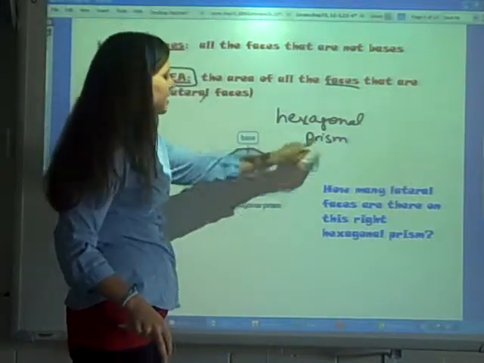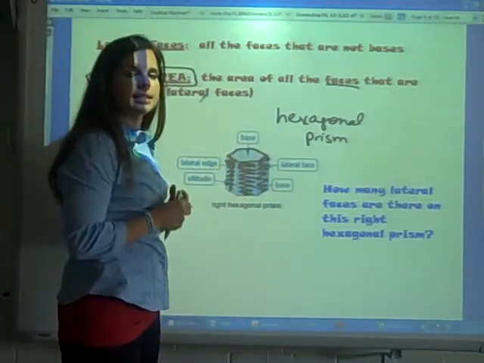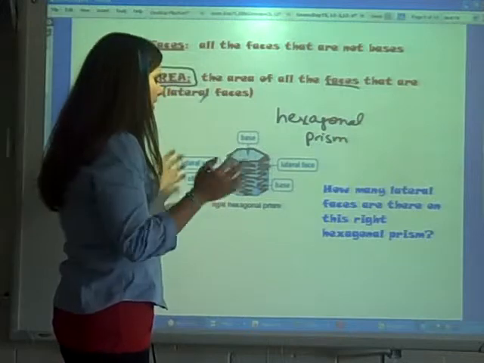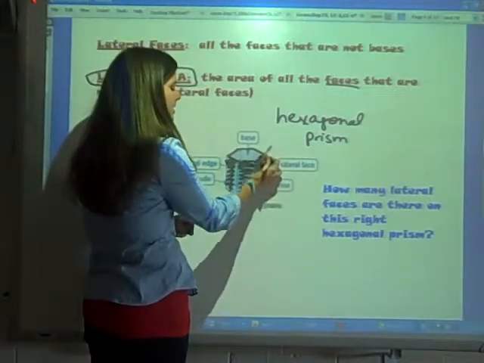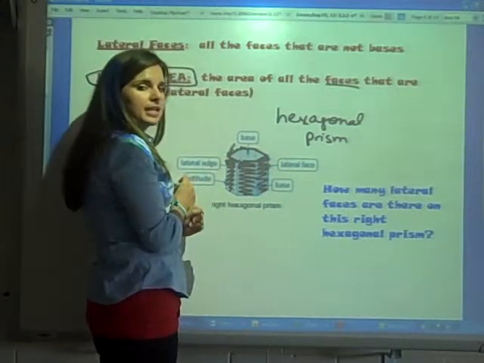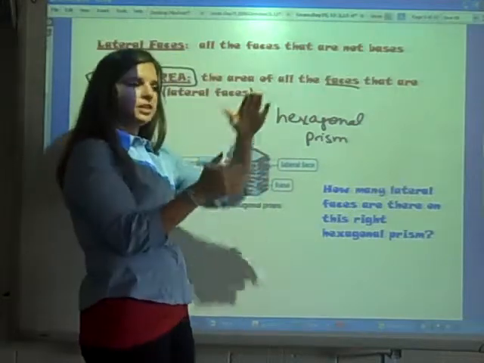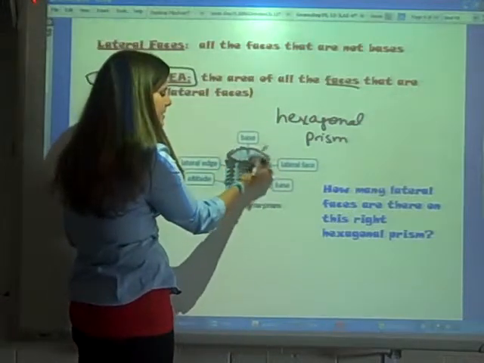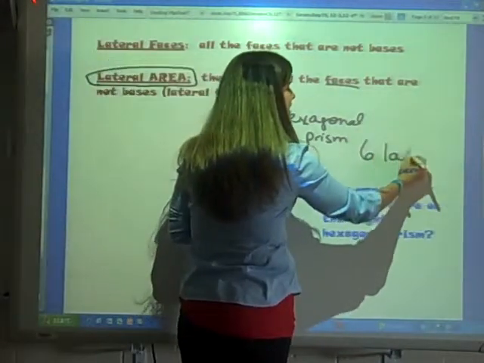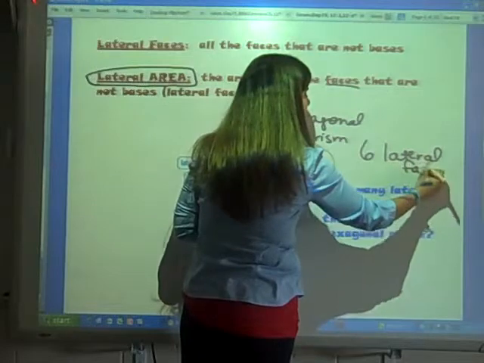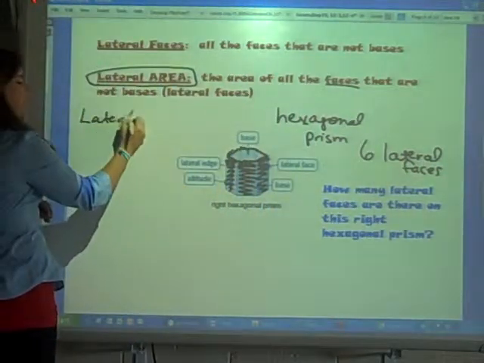If this is a hexagonal prism, how many lateral faces are there going to be on this hexagonal prism? The answer to that is 6. Because take a look. How many sides are there on a hexagon? There are 6 sides. So each one of these lateral faces is going to be attached to one of the sides of that hexagon. Okay? So if it's a hexagonal prism, it's going to have 6 lateral faces. Okay? So if a question asks you to find the lateral area